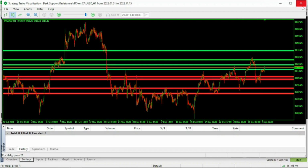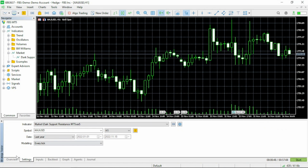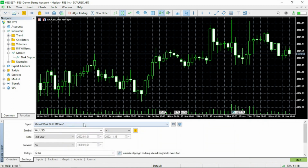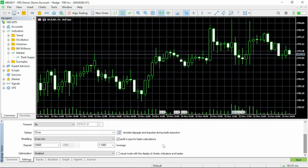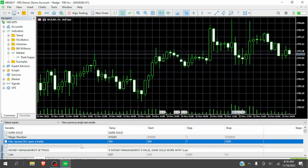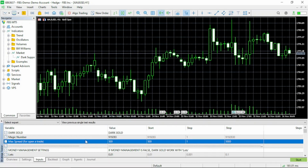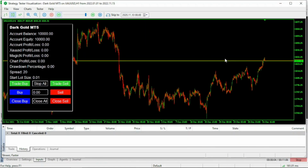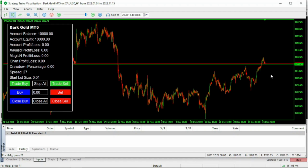To do this, we're going to stop the test for our dark support and resistance indicator, and under Overview, select Single. Under Single, I'm going to select Dark Gold Bot for the XAUUSD for the last year. Under Visual Mode, I'm going to select and set everything back to default. Once that has been completed, we will have a visual representation of what the bot would look like in the